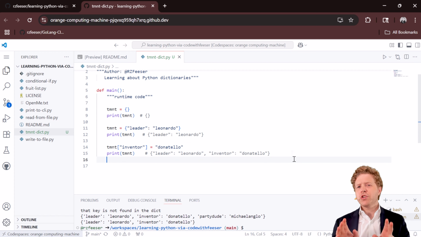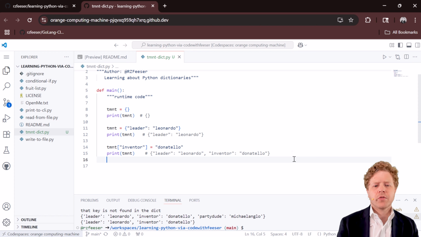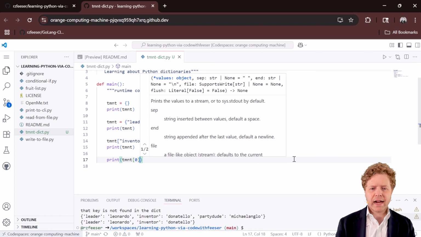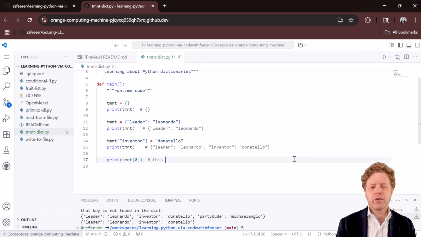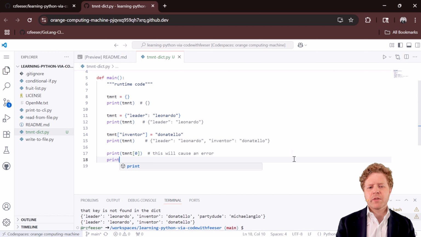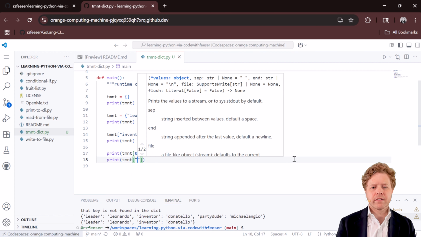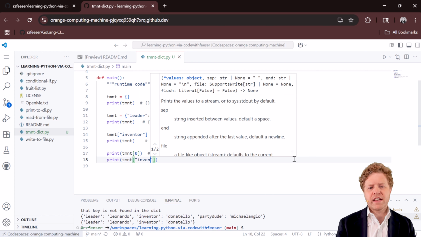We can't use positions. We mentioned this before, but if we try to print tmnt square bracket 0, this will fail. And that's because the proper way to use a dictionary is to cite a key, like we could print tmnt square bracket inventor,